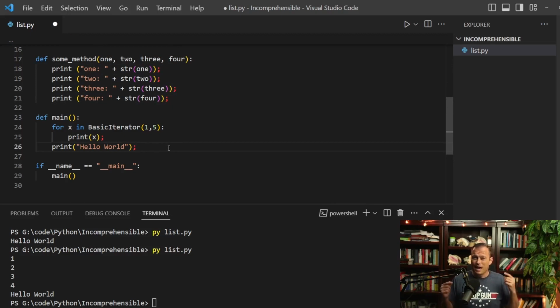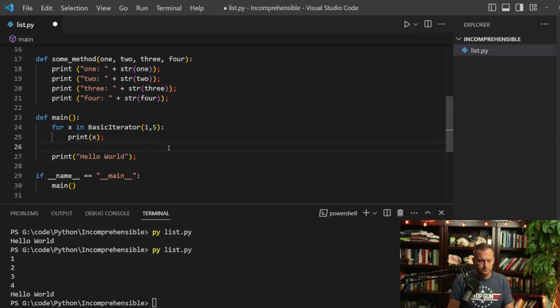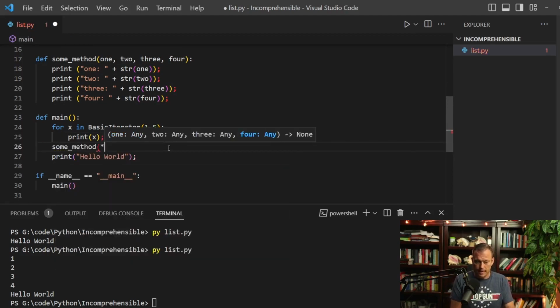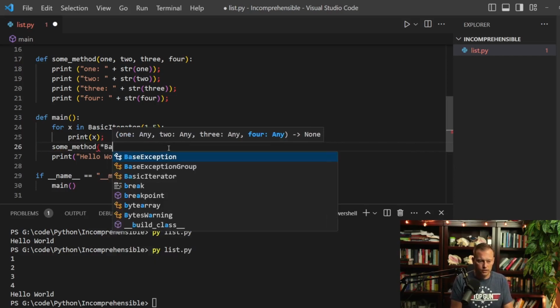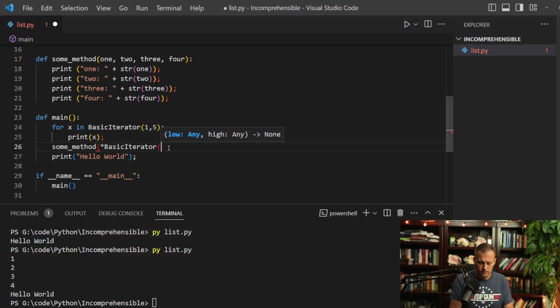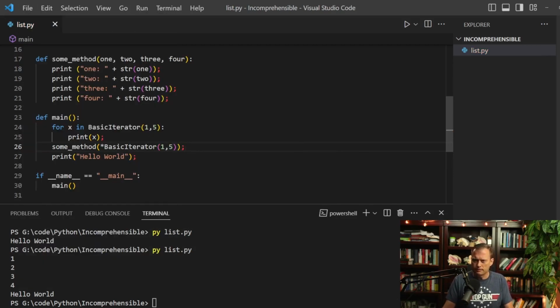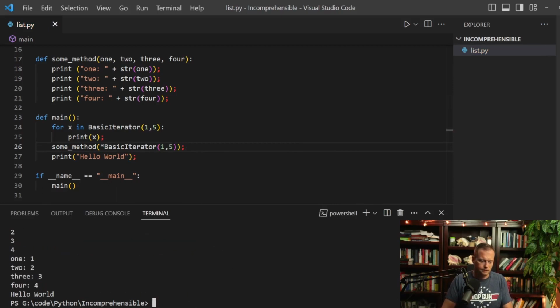Let's see how we can unpack and call this method directly. I'm going to write some method. The asterisk, this is the unpack operator. And then we're going to do our basic iterator, 1 through 5. And I wonder what's going to happen. Any guesses? Well, there we go. It unpacked that iterator and provided the values in the iterator to the method we're trying